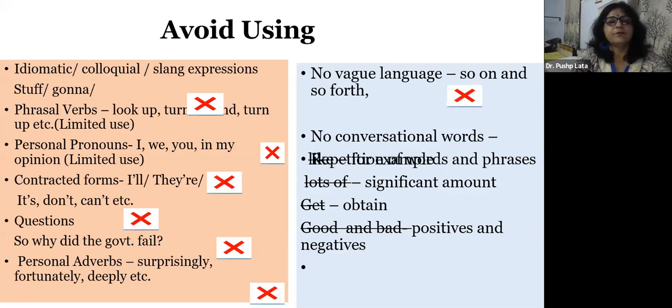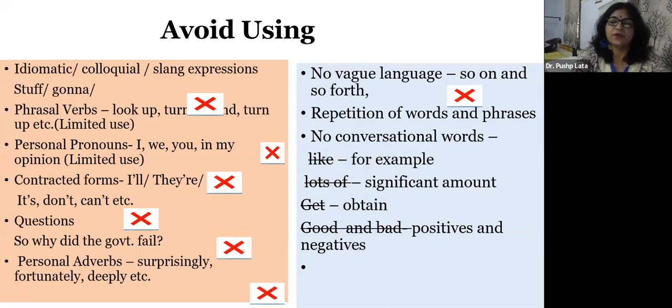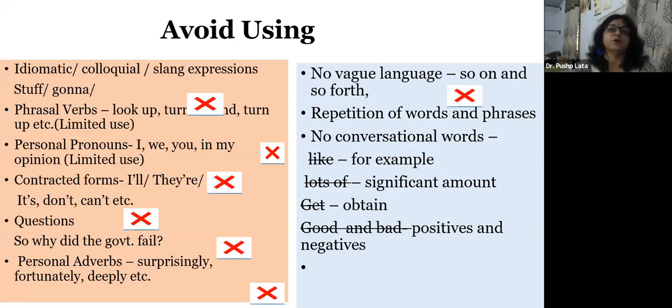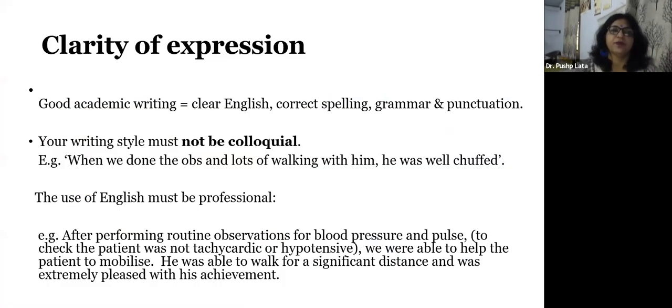And then avoid repetition of words and phrases. Let me tell you, if you are repeating the words time and again, it discusses, and then again you are coming, the discussion includes, then you are using the word discuss, this discuss, that discuss, the second chapter. So what happened is that you are not bringing variation in your expression. Whereas in academic writing, you really require that.